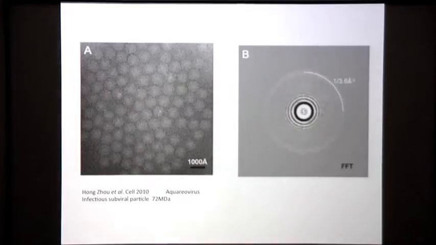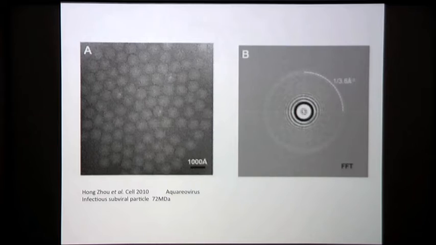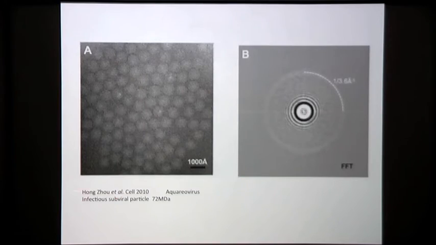So there things stood for a little while, and it wasn't until several years later, about 2000, that there was another breakthrough. The microscopes had been improving, the stages were getting better, the detectors were getting better, the brightness of the guns were getting better. So there was a gradual improvement. And then in 2010, so quite a gap from the hepatitis B structure,